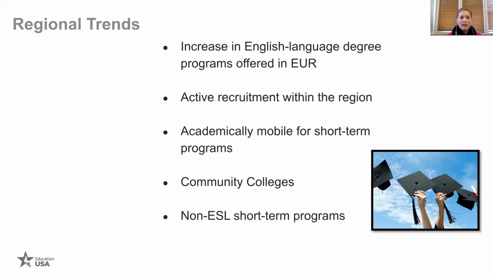We don't have a whole lot of statistics today that we're going to share specifically about community colleges, but we did want you to know that this is a very interesting option for students in the region. We are seeing more and more interest from the community college side to recruit and engage in the region. Students are very attracted to this model. It's because it's a cost-effective model for many of them. And the 2+2 option is also very attractive. They can get the 2-year associate's degree and then continue on to a 4-year bachelor's degree.